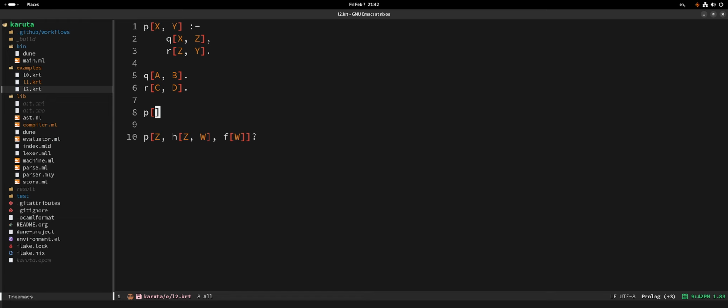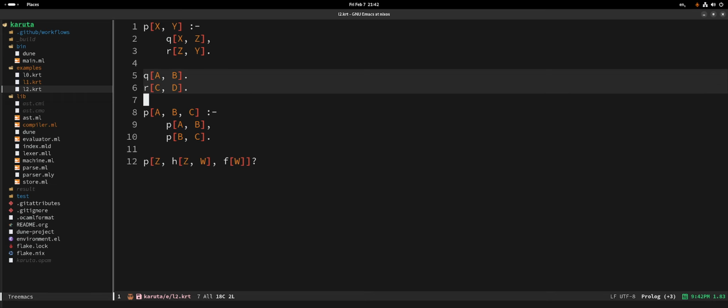So what type of things should we have in here? So A, B, C, then what? Then just that? That's it? No, put a colon minus there. And just do, I don't know, just for fun, do P with two arguments with AB, and another one with two arguments with BC. Okay, I'm assuming this is not useful as well. We do need that actually. Oh, I see what you're doing. You are basically piping the PAB to QAB, which is a fact, so that's fine.